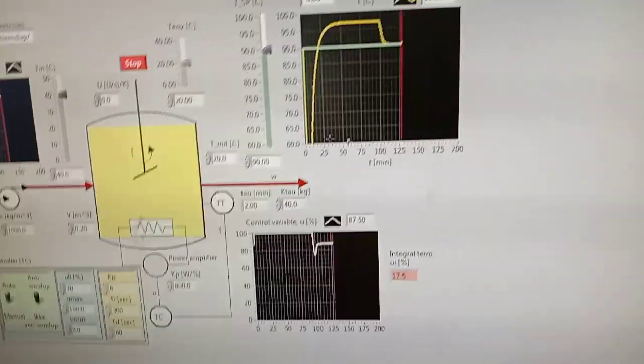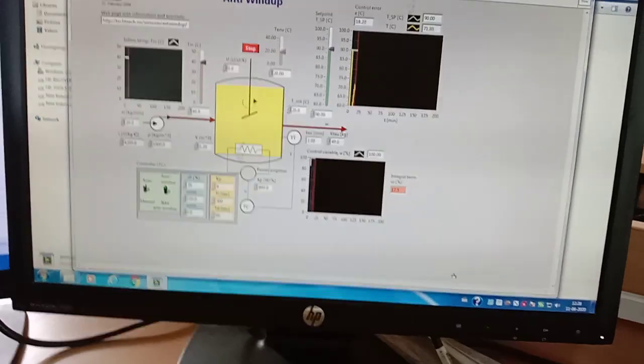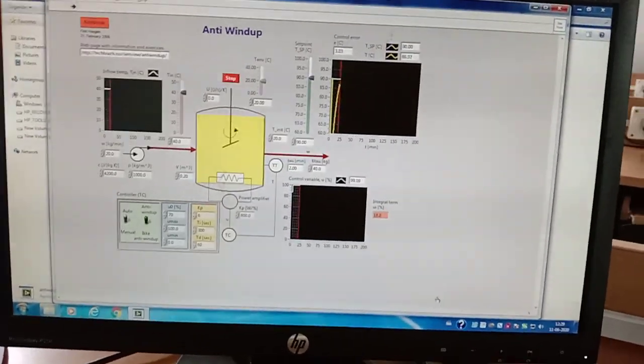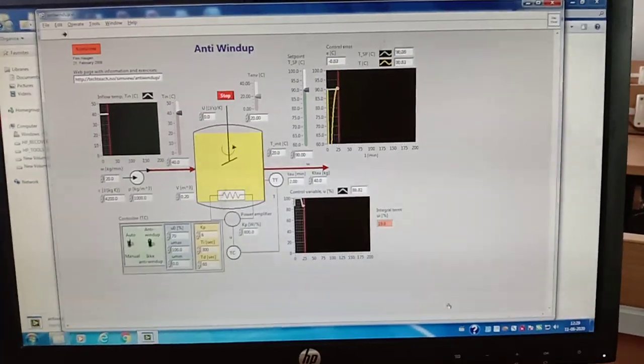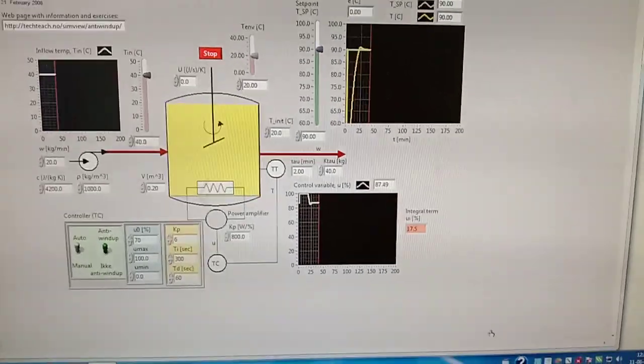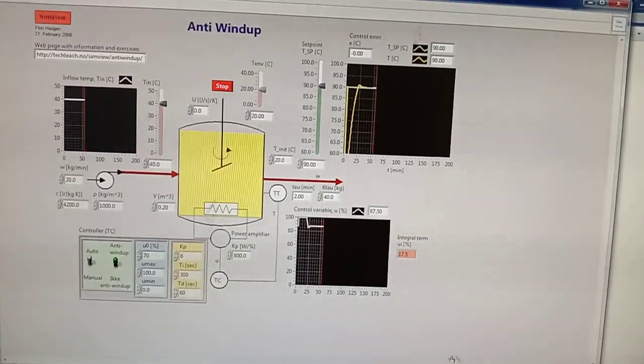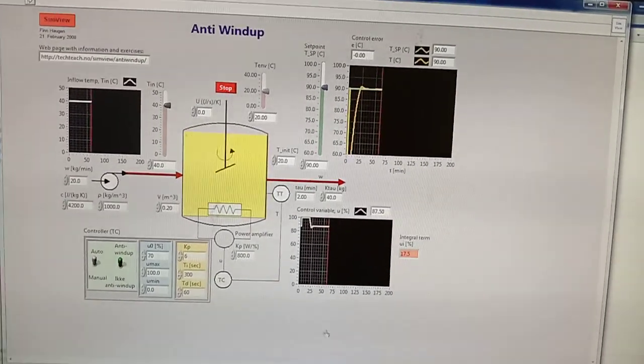Now with the anti-wind up setup, if we run the same experiment, you can see that the error is better controlled, and it is controlled even faster.